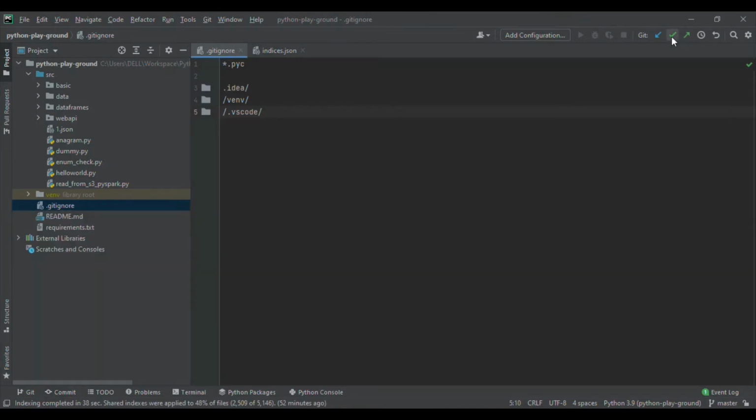And a shortcut for it is Control K. It is common for all the IntelliJ based IDEs. And this is if you want to push, if you already committed something, then you can push. So basically whenever I want to take some latest updates, I usually go for here, right?